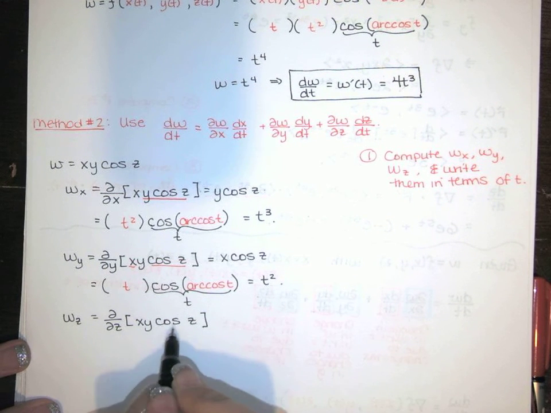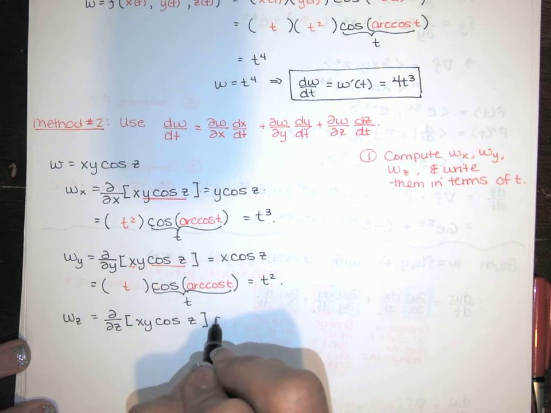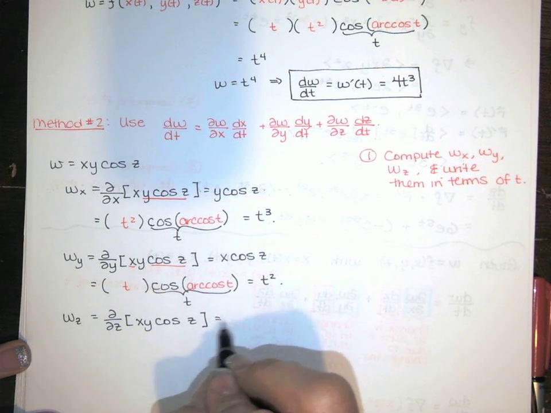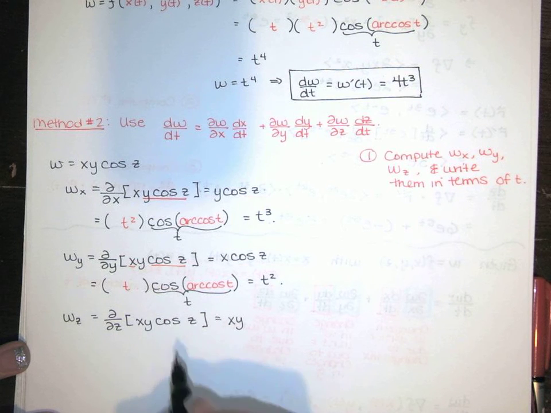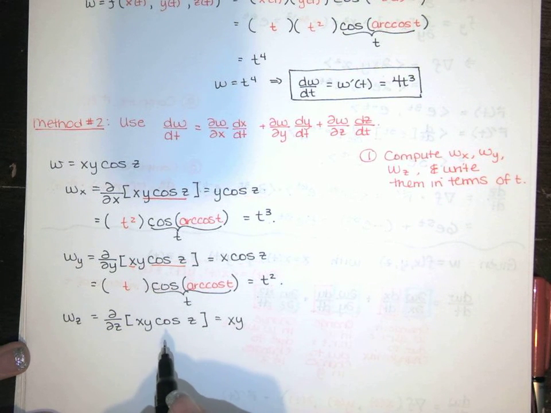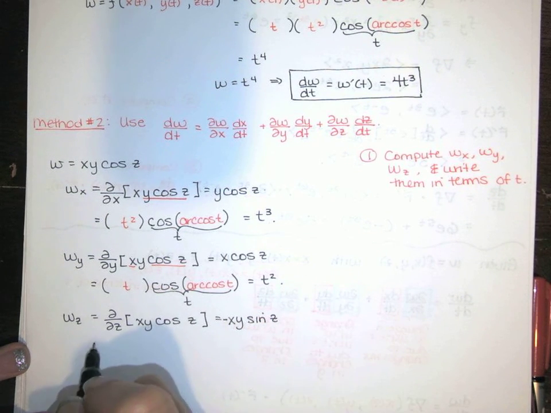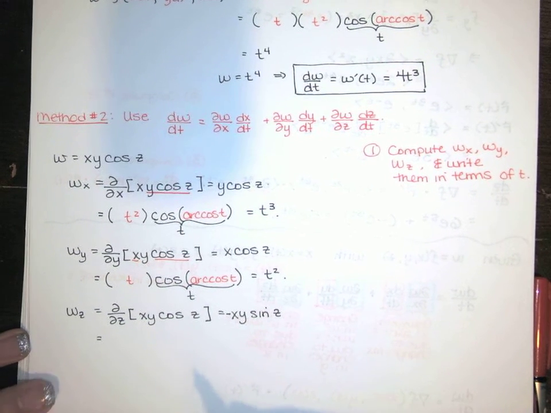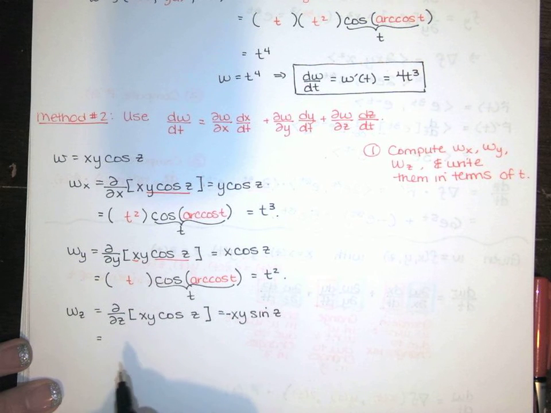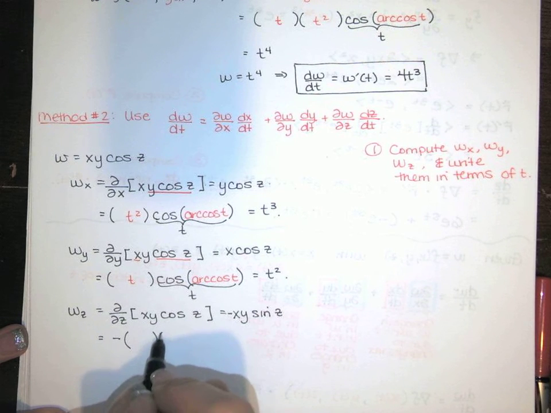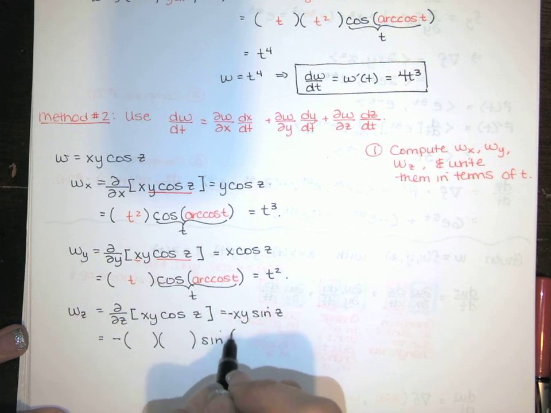Now I've got a constant times cosine of z. The derivative of a constant times cosine of z with respect to z is the constant, so that's the xy, times the derivative of cosine of z. The derivative of cosine of z is negative sine of z. Now this one is a little more challenging to simplify, but we'll simplify it later. So I have negative x times y times sine of z,